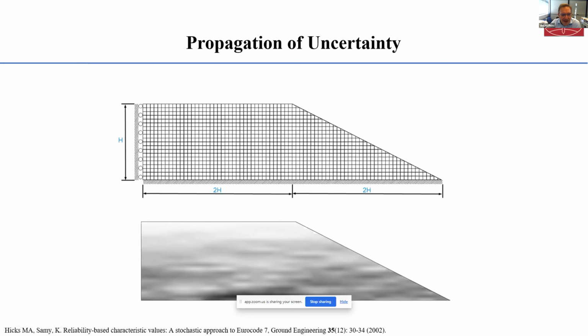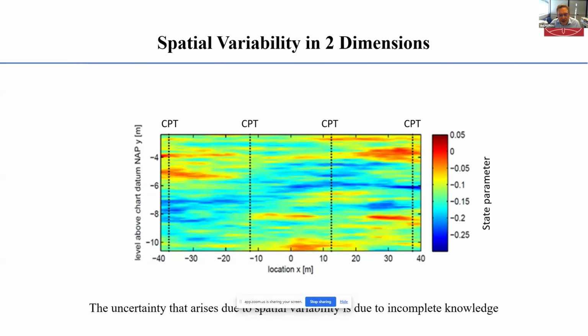What's the difference, the previous slide with the color spreading between the CPTs, were they generated by numerical modeling or some sort of GPR? Okay. That's right. So in this picture here, the spatial variability is generated by what we call a random field generator, and the random field generator is based upon the statistics of state parameter that have been derived from the site. But this numerical prediction is constrained at the actual CPT location. So although it's a numerical prediction, it matches the data at the CPT locations.